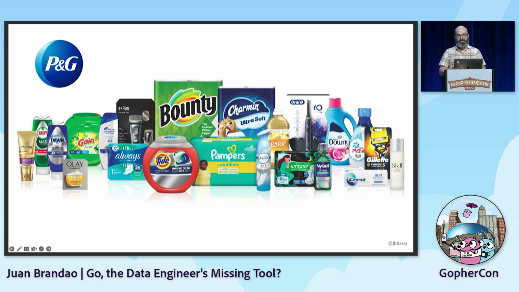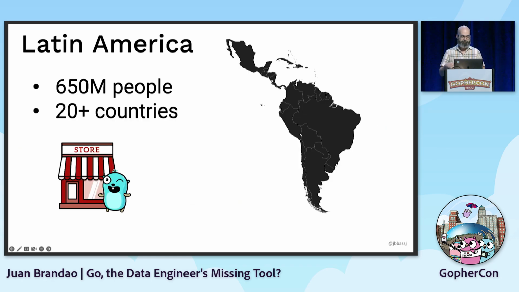I live and work in Latin America, leading its data engineering organization. Latin America is a fast-growing region, with a population of around 650 million people in more than 20 countries. As you see, our products are physical. We're talking about shampoo and detergent. We have to reach consumers that shop from the big retail chains to small store formats in the farthest areas